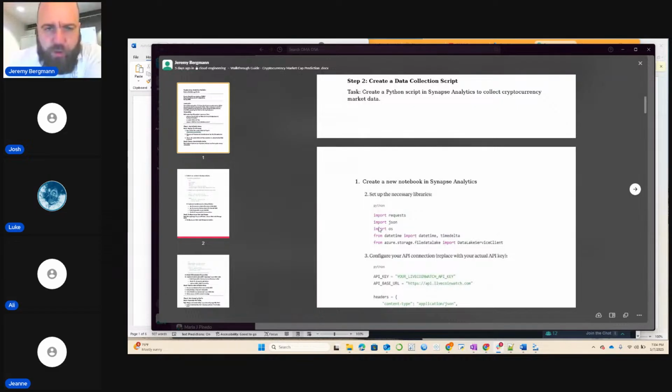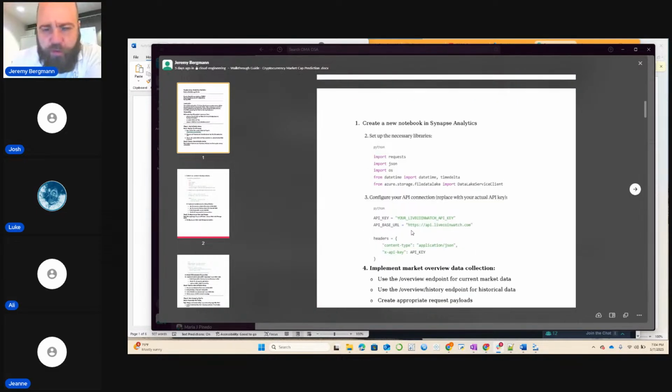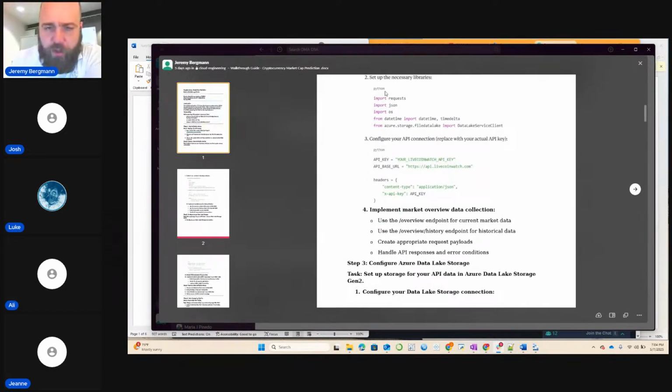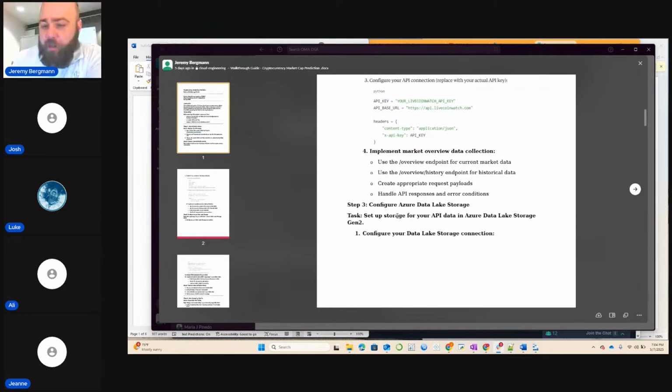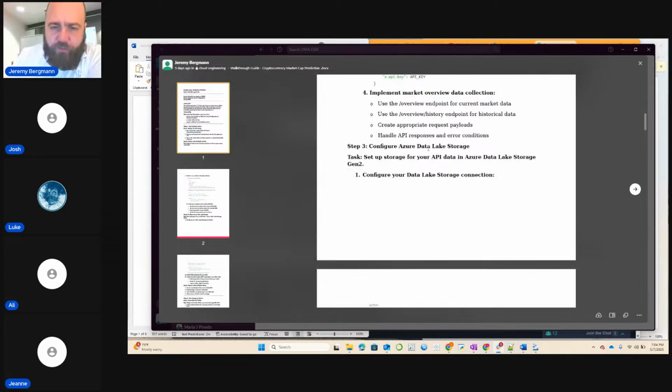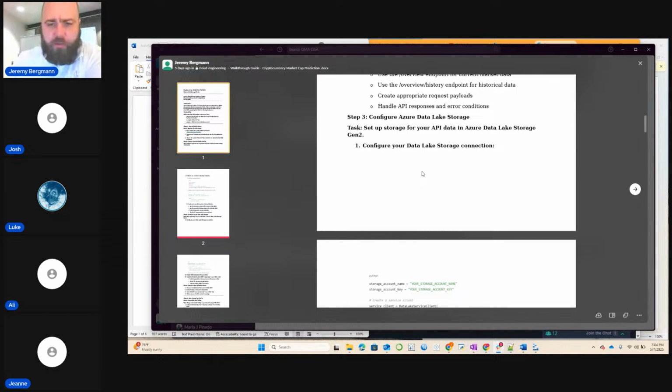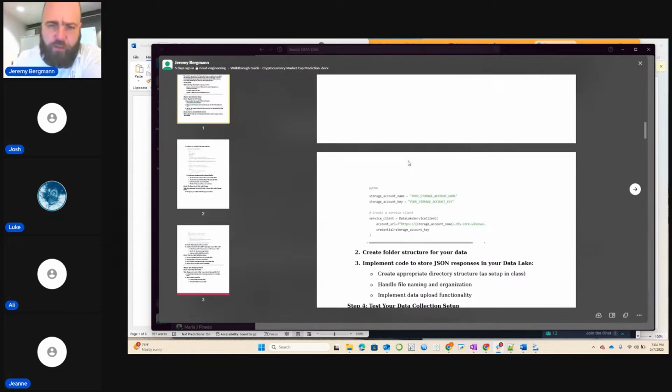So you'll do 2 and 3 at the same time. Step 2 is just your script to connect to Live CoinWatch. You can run that in Synapse Analytics. Step 3 is to configure your data lake storage, and we did that the first class, so you likely have it already set up. If you don't, this will give you some steps